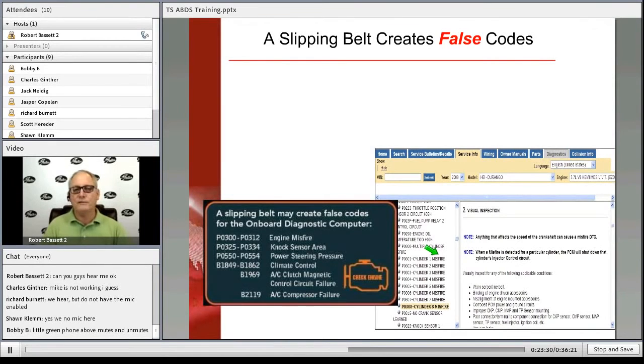This is information from Chrysler, and basically what it talks about, this is the engine misfire, is the number one false code created on a Chrysler product by a slipping belt. That's huge. A failed tensioner can create a knock sensor code. Some of the AC clutches today have sensors in them, and when they feel the clutch slip or the belt slip, it turns the